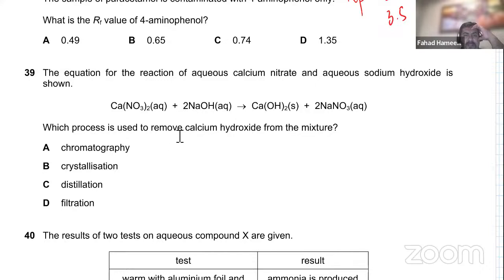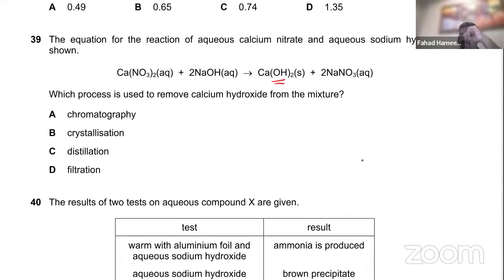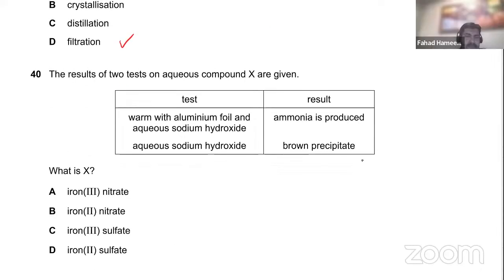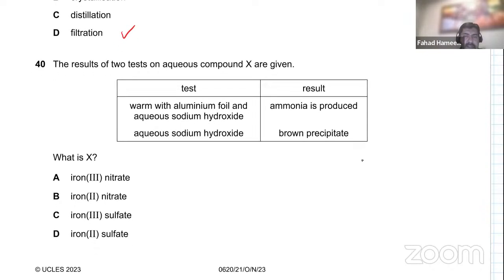Okay, 39. Which process is used to remove calcium hydroxide from the mixture? Very obvious, simple. It's a solid. Solid is filtration. Okay, then 40, the last one. Test for cations and anions. Aluminium foil, which produces ammonia. That's a test for